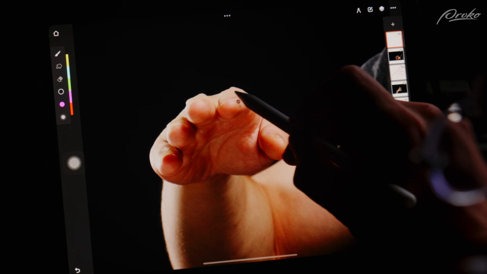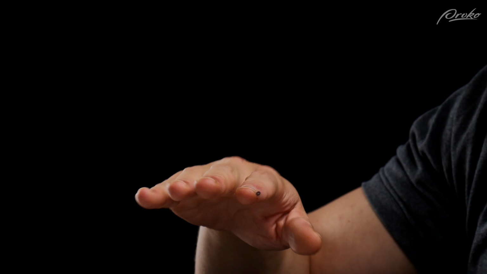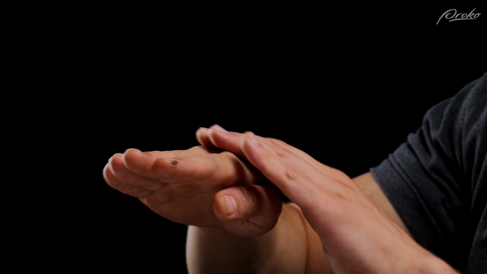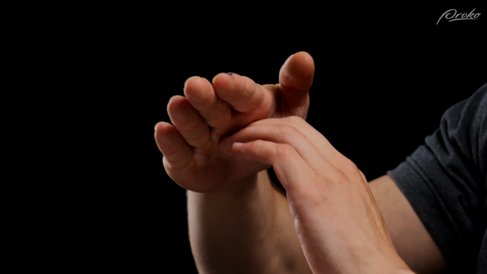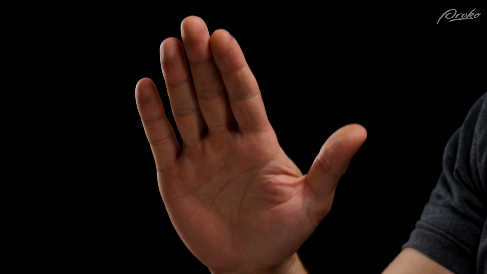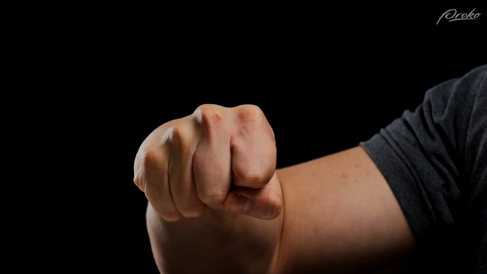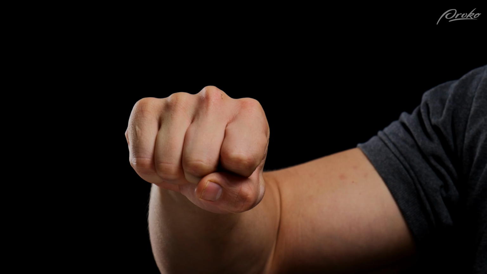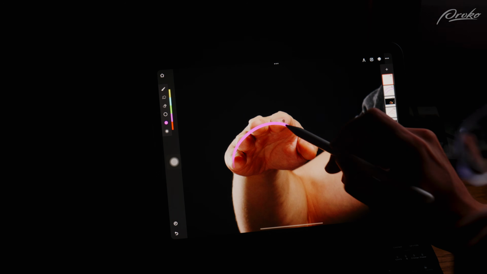From above, there's a curved rhythm that causes the back of the hand to be convex, to be rounded, and the inside, the palm of the hand, to be concave or curve inward. When we make a fist, this rhythm is clearly seen on the first set of knuckles. When the fist is tightened, this rhythm becomes even more prominent as the pinky is pulled down. These subtle curves define the palm.